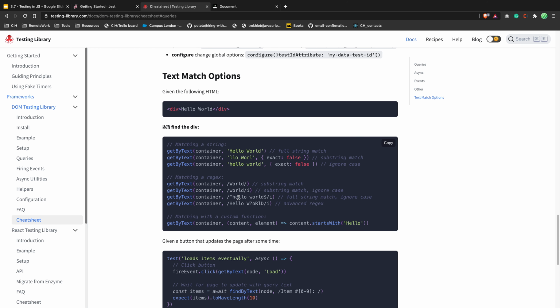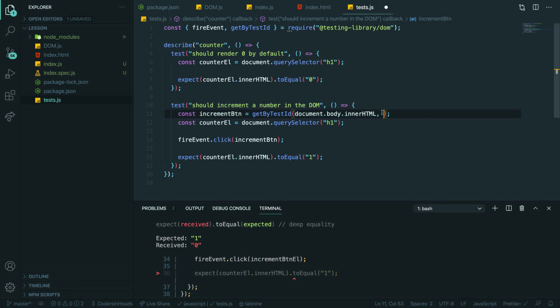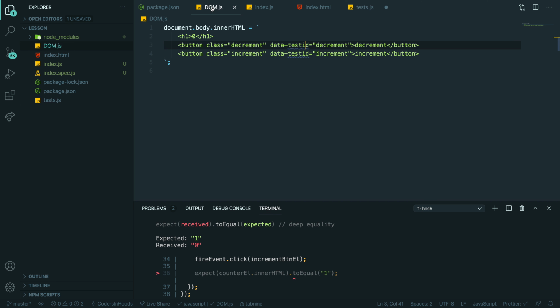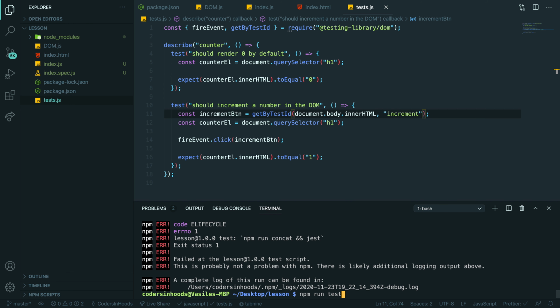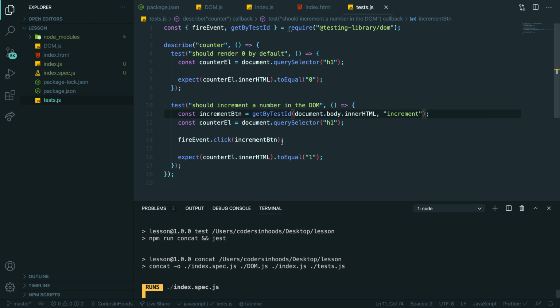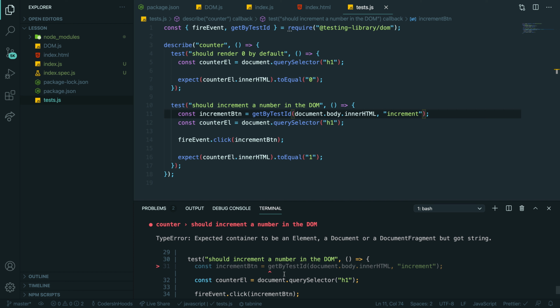So get by text container, and yeah, so you're providing the scope and you're providing what you want to find. Okay, so you want to find increment in our case. Increment. Save. So that should work, but it's not. So it's saying element but got a string. Why is right? This is not the DOM element.